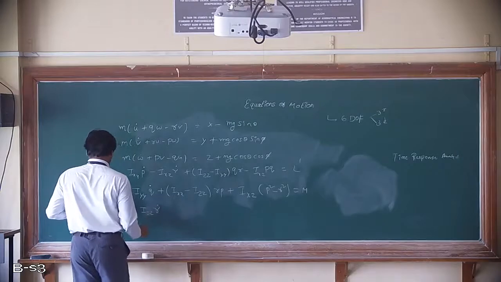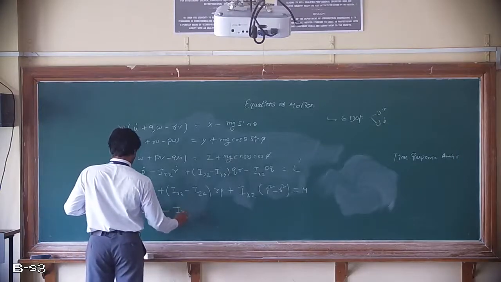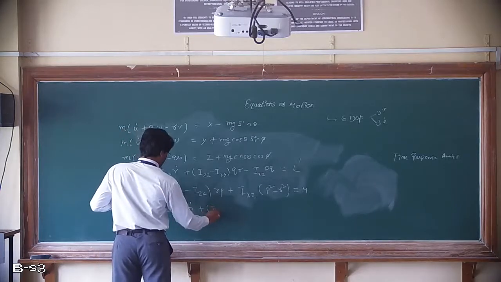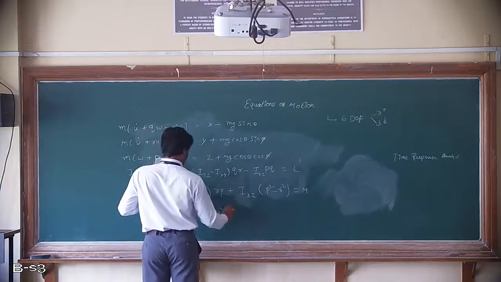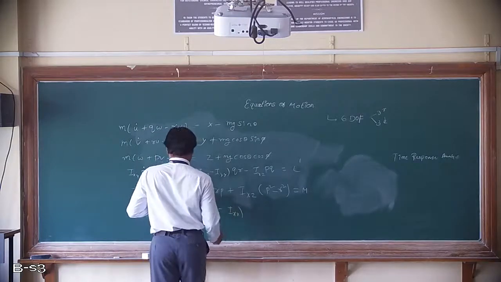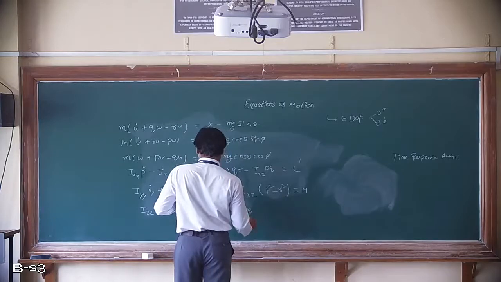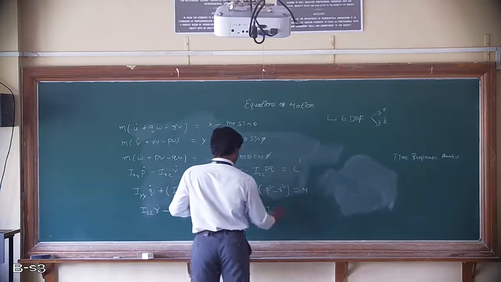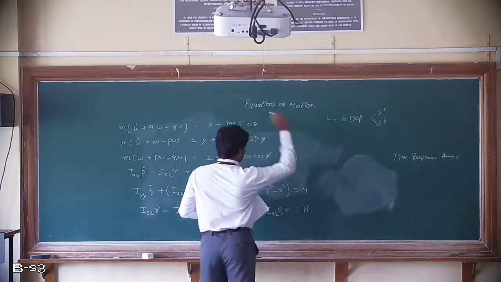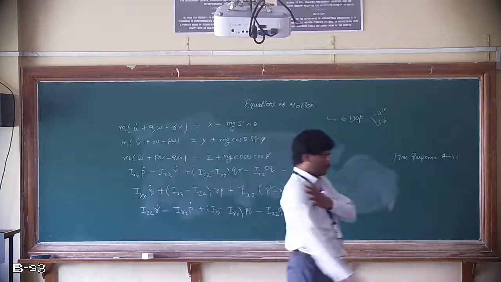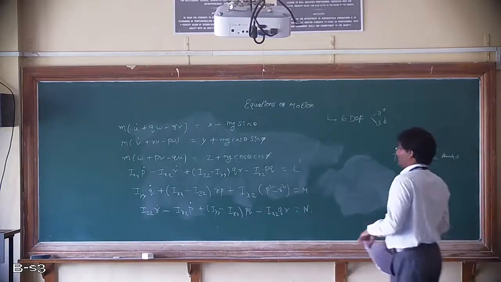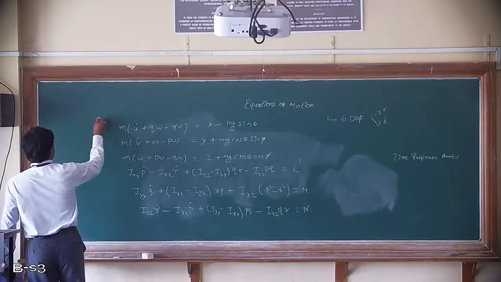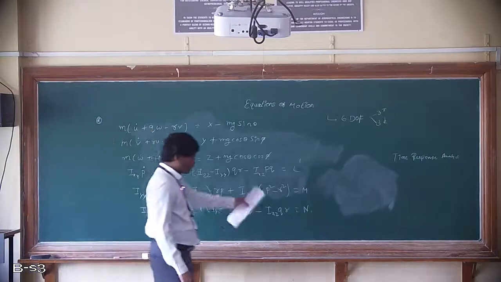Izz R dot is equal to M. Yes, these are the equations. So already we derived this. So once again check it once. Once again revise these basics. Very very important.